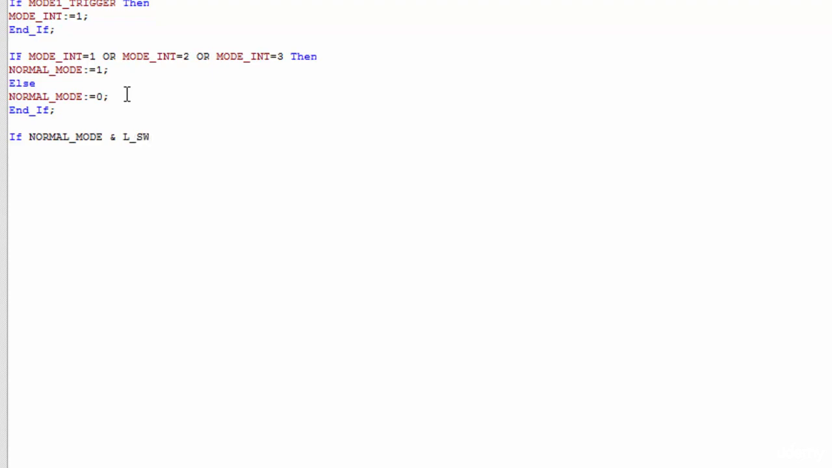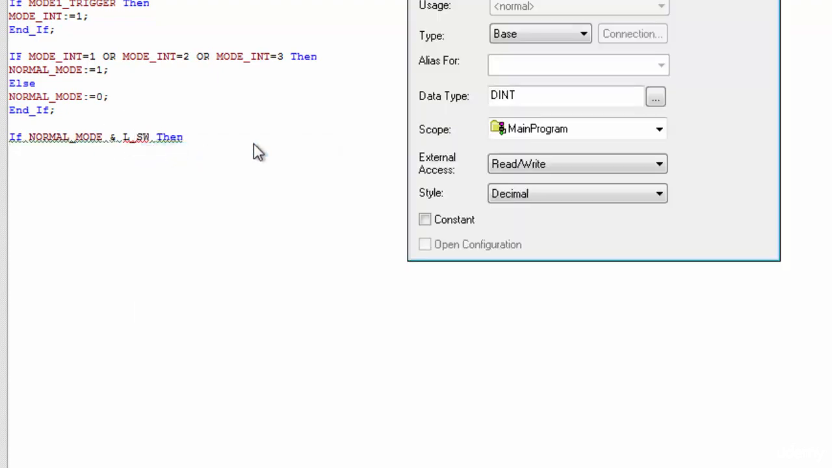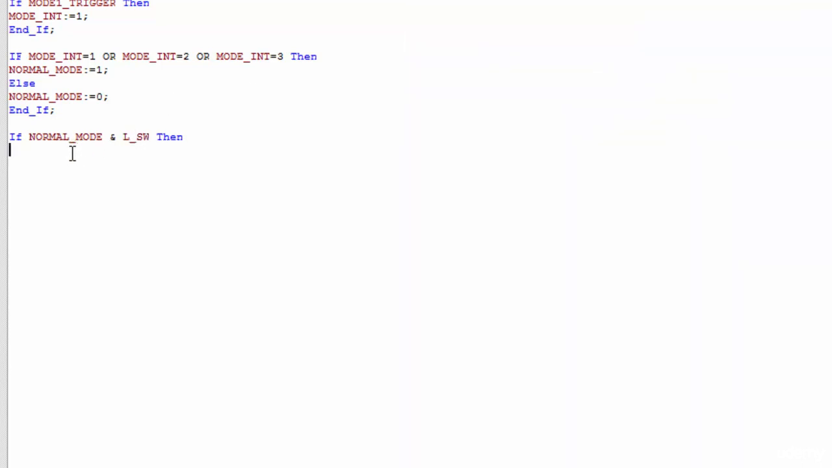That's going to be our low switch. Then let's come over here and create that tag for our low switch. That's of course a Boolean because it is a switch. Then we want to go ahead and run a timer, and we're going to take a 5-second timer to get